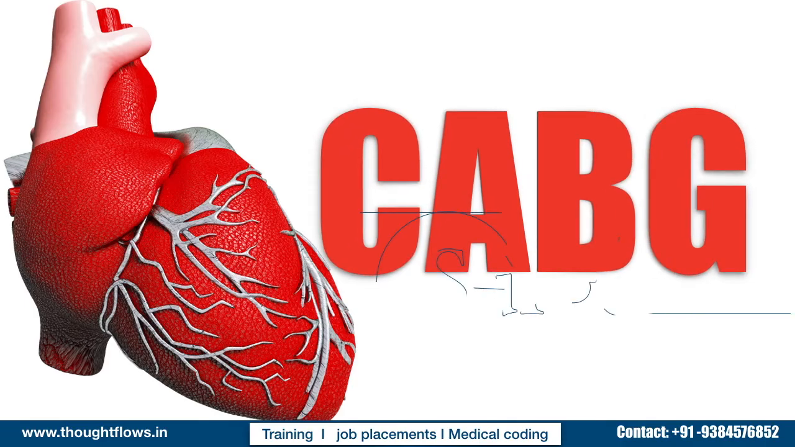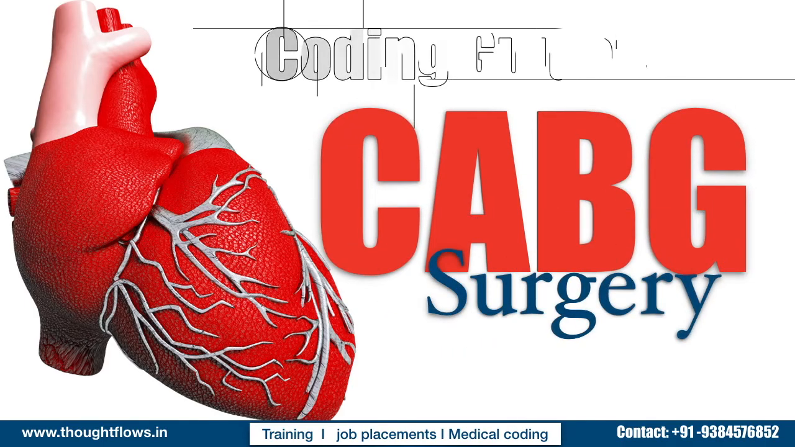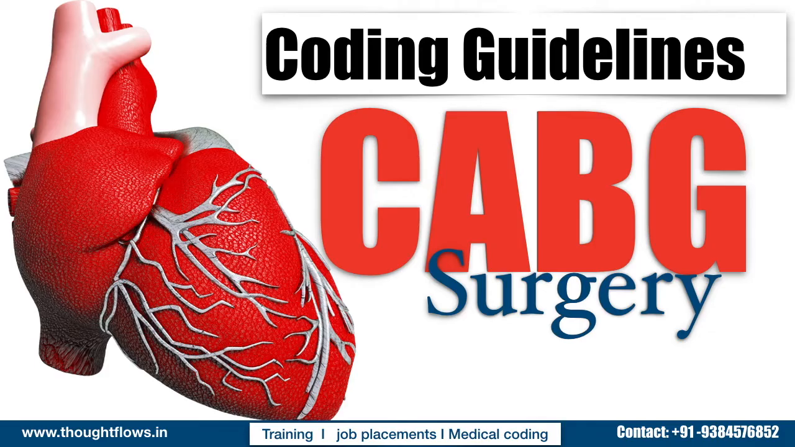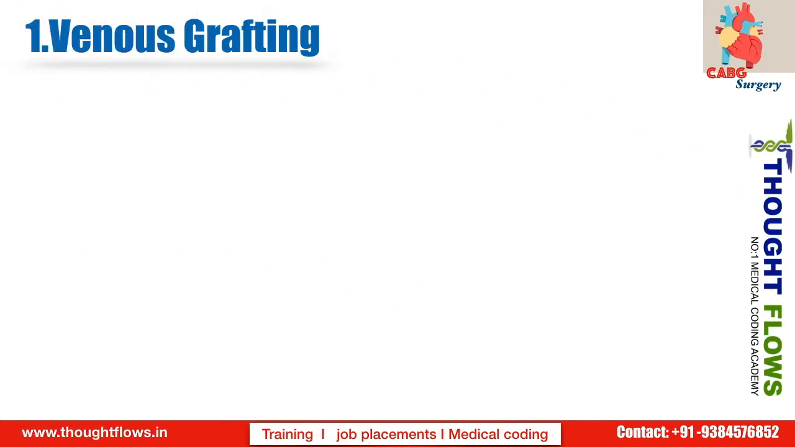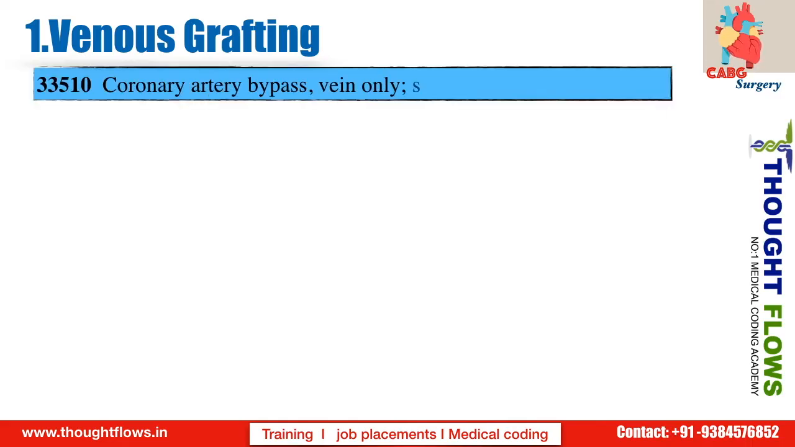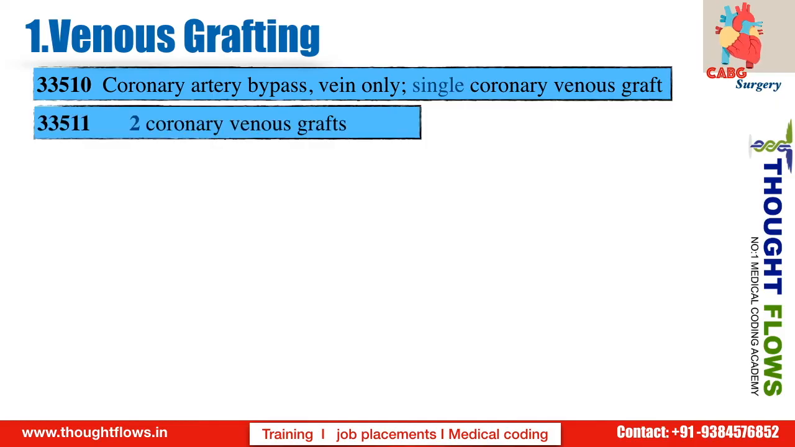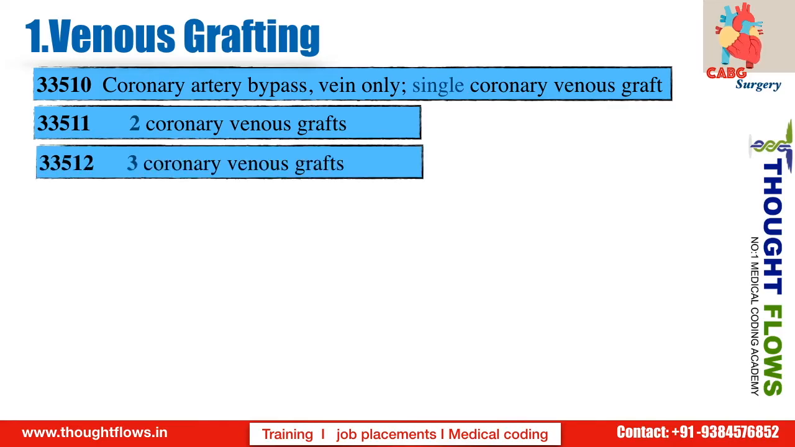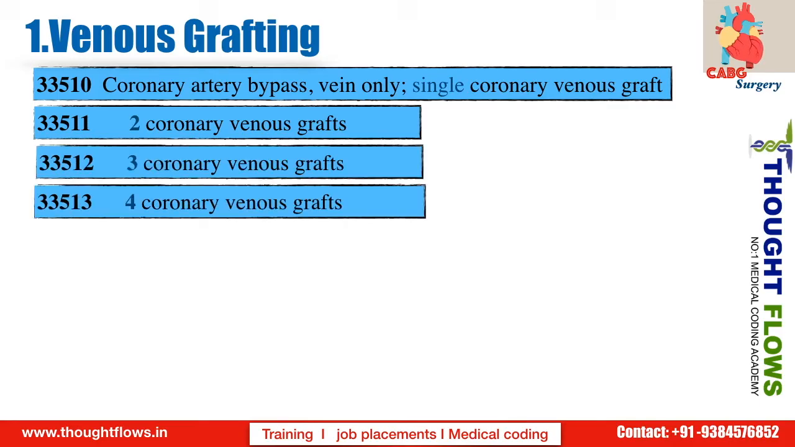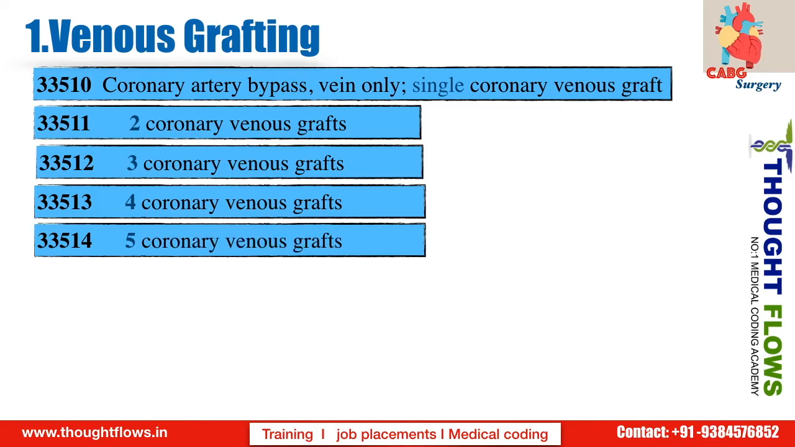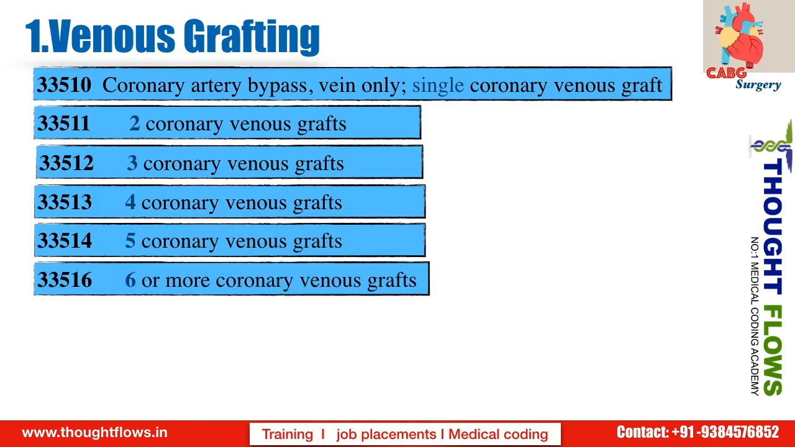Let's see the coding guidelines of CABG surgery, from which you'll get one question in the CPC exam. First of all, coming to venous grafting, in which the surgeon uses a vein as a graft. The codes are classified depending on the number of veins used as a graft. For a single vein graft, use the code 33510. If the surgeon used 2 veins, use the code 33511. Likewise, for 3 veins 33512, 4 veins 33513, 5 veins 33514, and 6 or more veins,